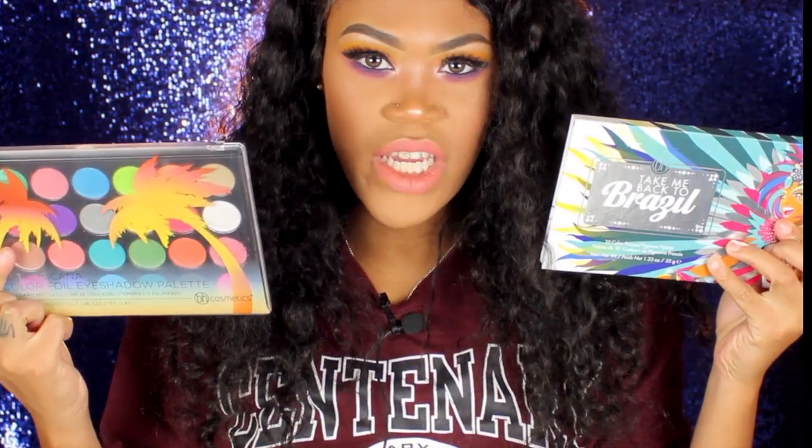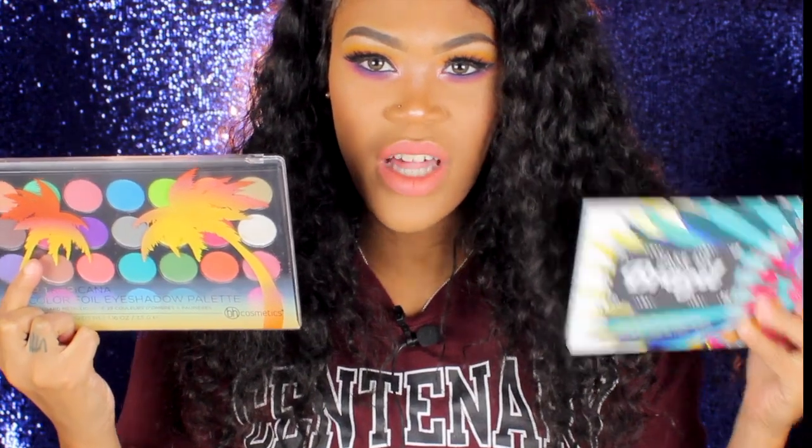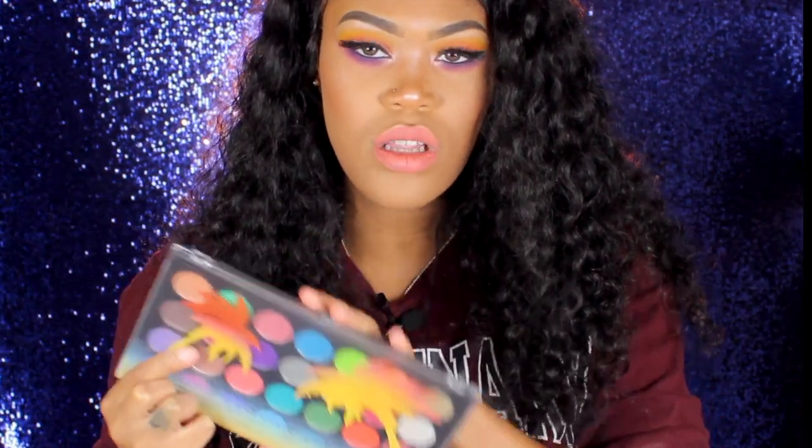Okay, you guys, so these are the palettes right here. The BH Cosmetics Take Me Back to Brazil palette and the BH Cosmetics 28 Foiled Club Tropicana palette. Both the palettes are very pigmented, very creamy. The color payoff is freaking amazing. They're consistent, and I just love the way they swatched. As you can tell from this look that I did with them,